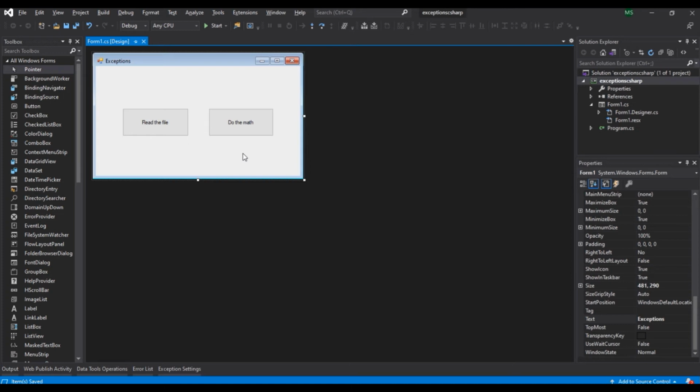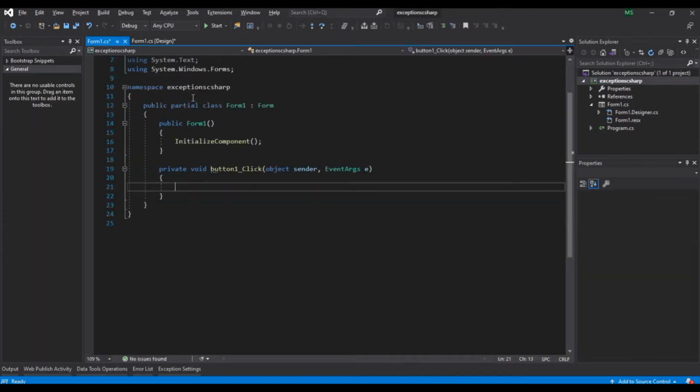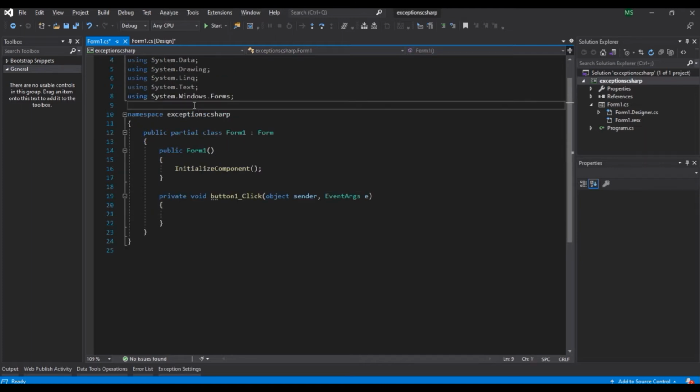In this video we will see how to handle exceptions in C#. For demo purposes I have added these two buttons. First we'll try to read a file that does not exist.